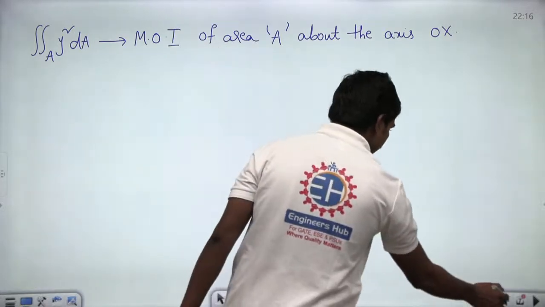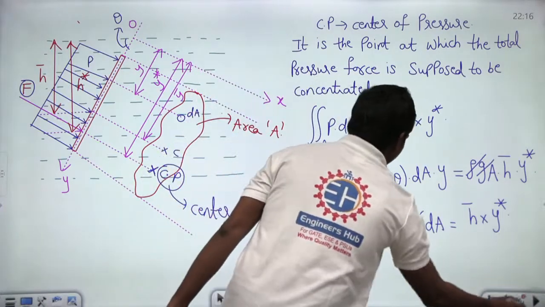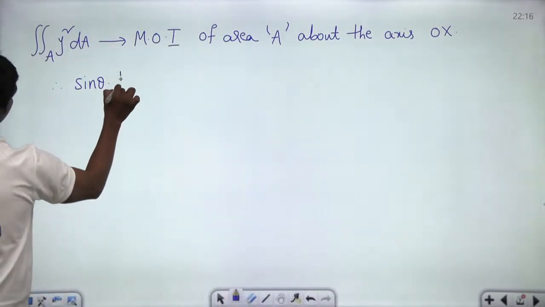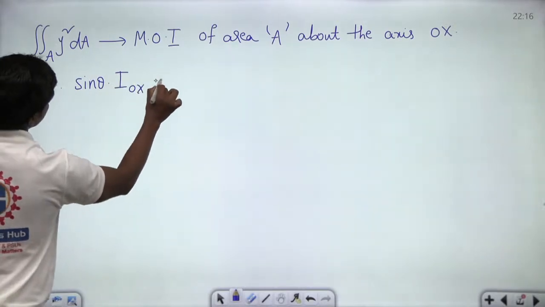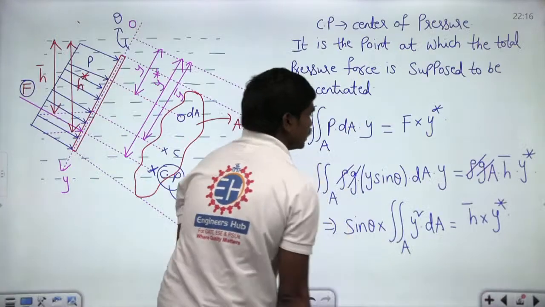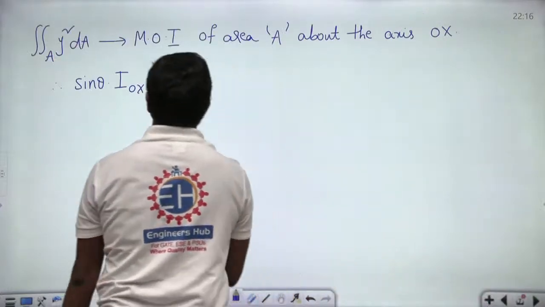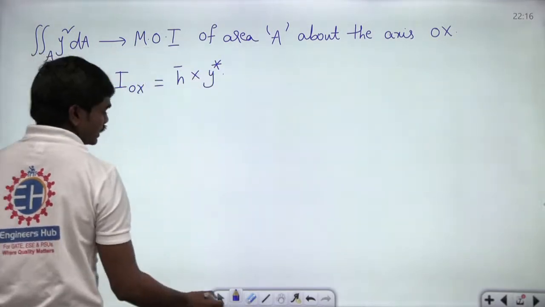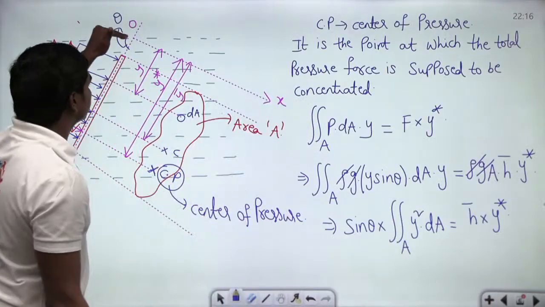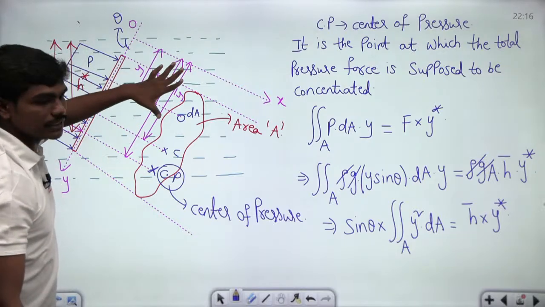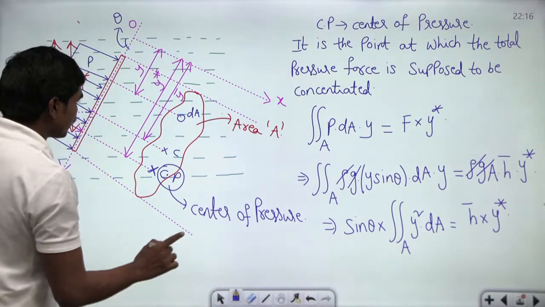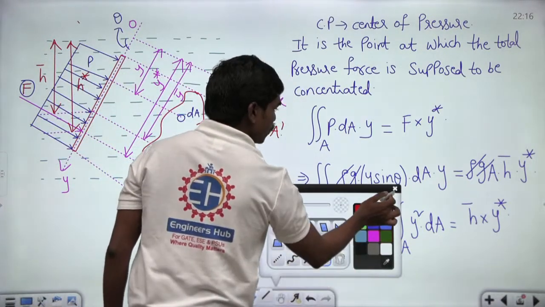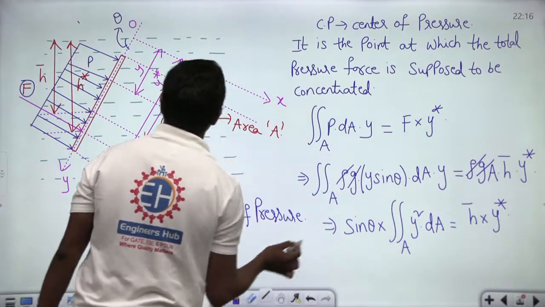Now let us write this equation once again: we have sin theta into the moment of inertia about the axis, IOX, and this will be equal to h bar into y star. Correct? This is what we have. Now see carefully. Normally this distance y star, or y bar, changes depending upon the inclination of the plate. So if you define some axis such that,